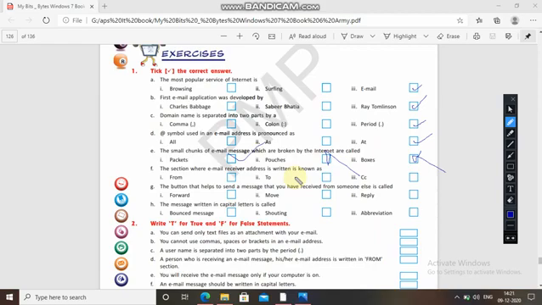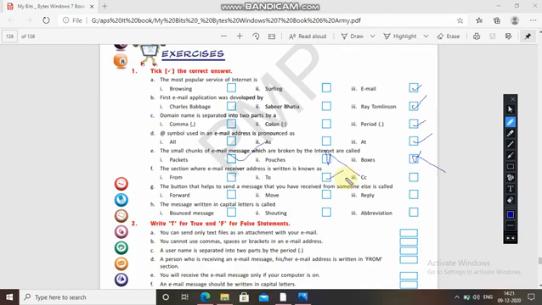From the other side, the person who is sending to you will write your address in "To". The email receiver means whoever will receive the email. You are also sending to someone, so that person will receive the email. So, "To".